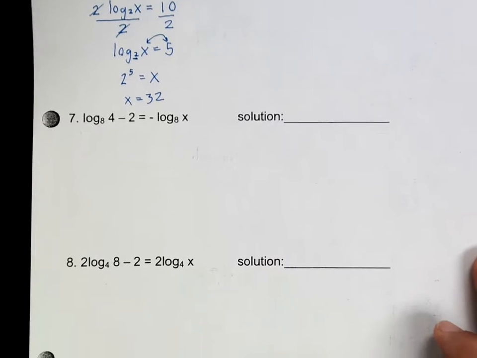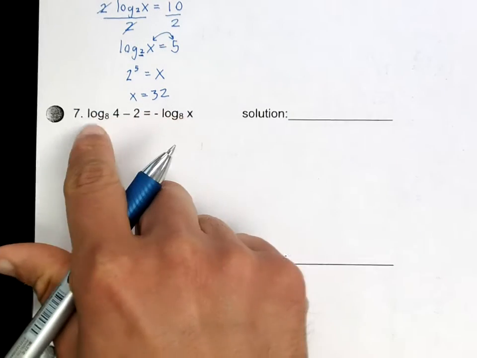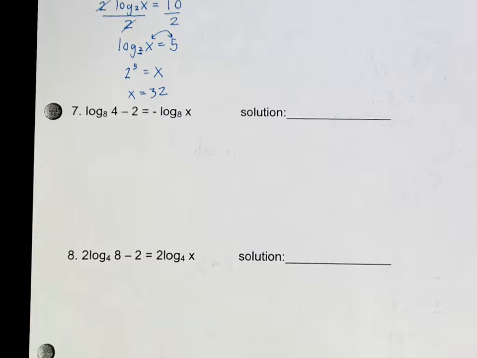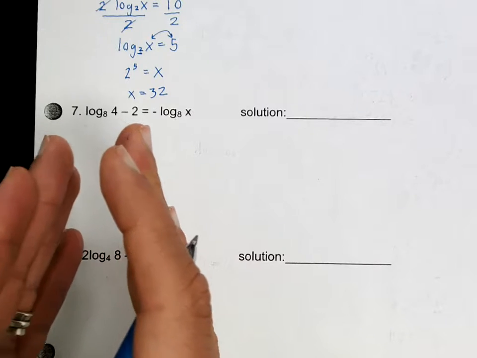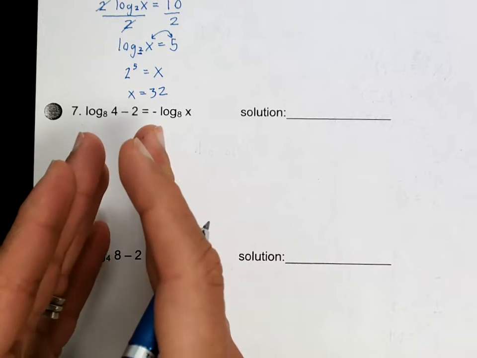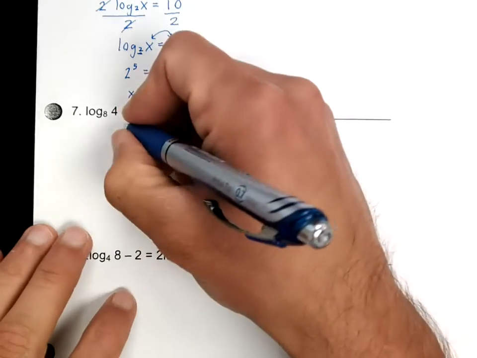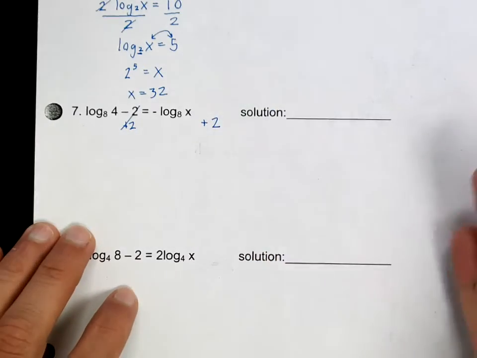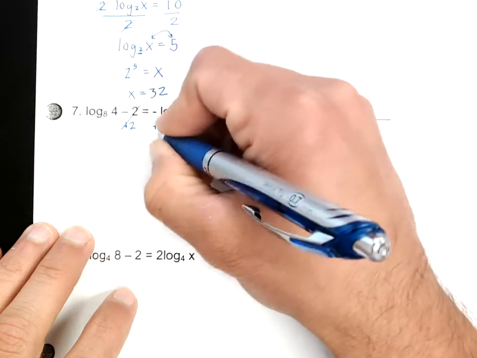All right, on number 7, a little bit more difficult. Now, the reason this is more difficult is because you have more than one logarithm. You have a logarithm here and you have another logarithm here. So in order to do that problem, what you must do is you must get all the logarithms on one side of the equal sign and all the numbers that are by themselves on the other side of the equal sign. All right, so my first step should be to add 2 to each side, and simultaneously I'm going to add the log base 8 of x